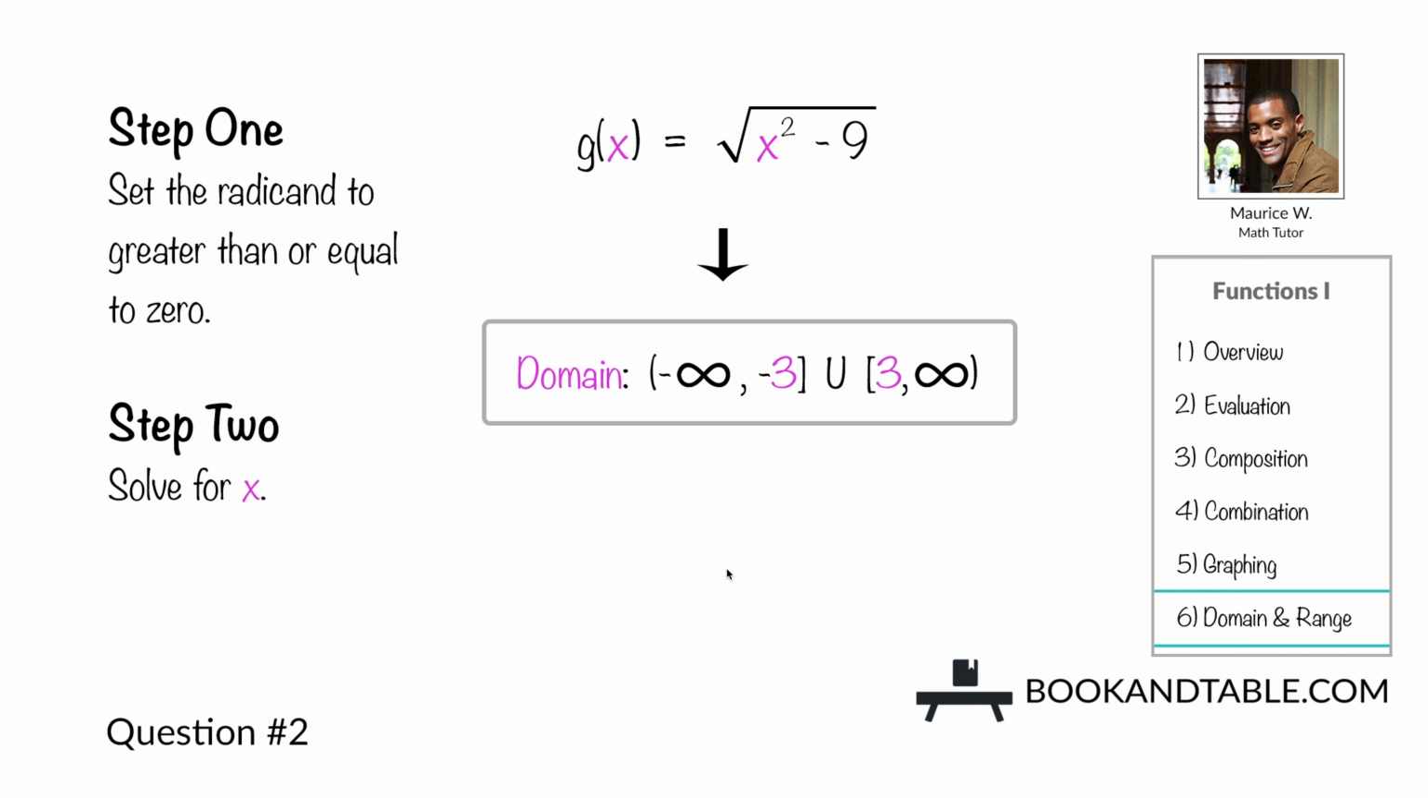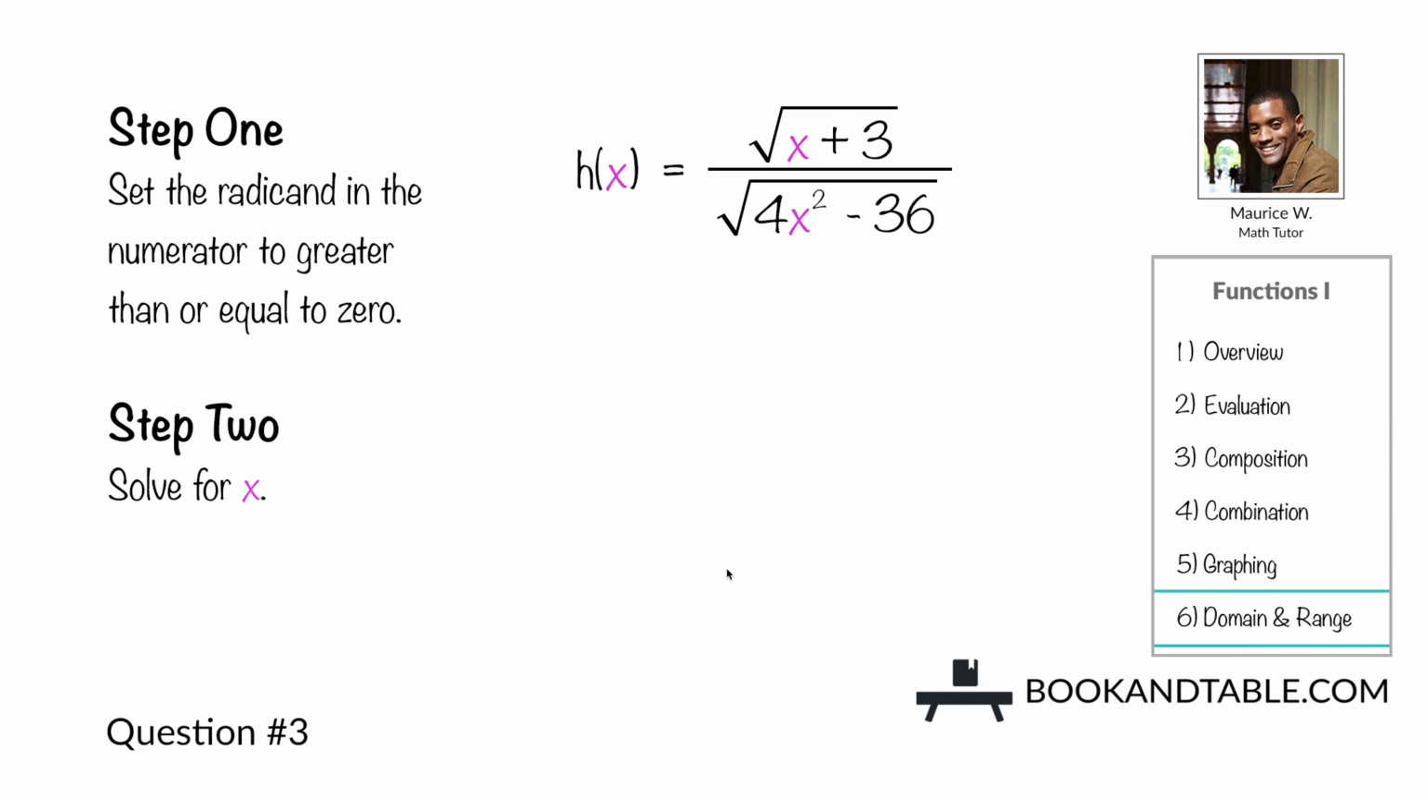So that is the answer to question number 2. Let's now have a look at question number 3. h of x is equal to the square root of x plus 3 divided by the square root of 4x